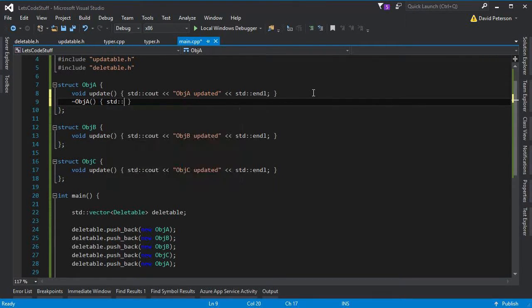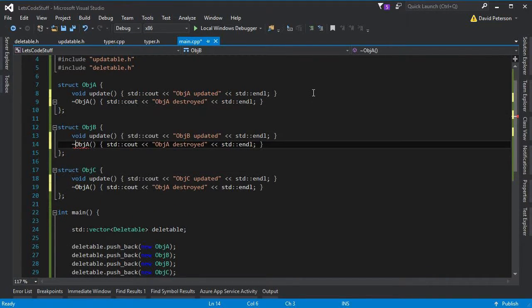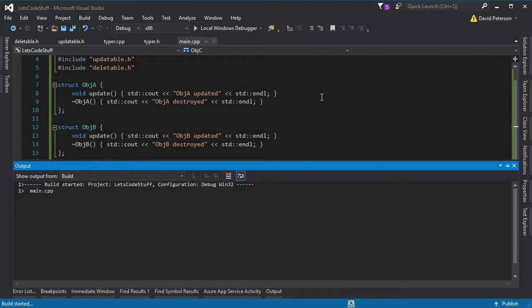So let's go ahead and create some destructor calls here. Do the same for these guys. This will be B, make sure this says C, make sure this says C. Now when we run this,